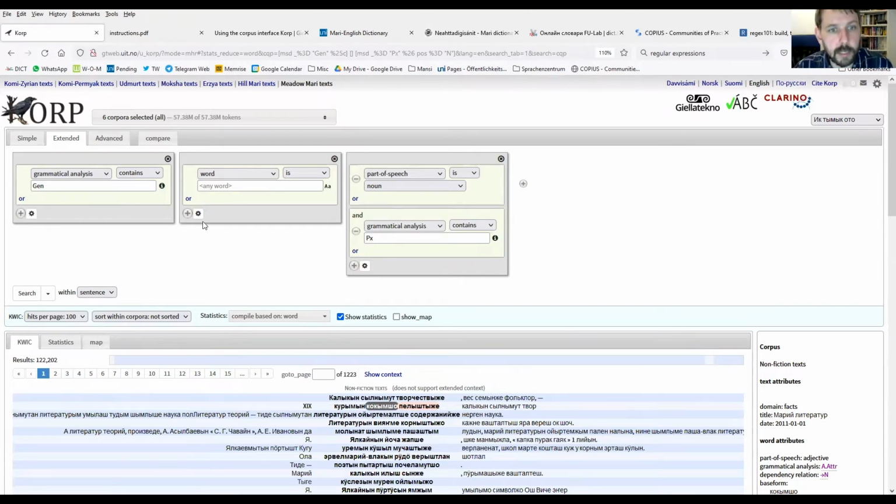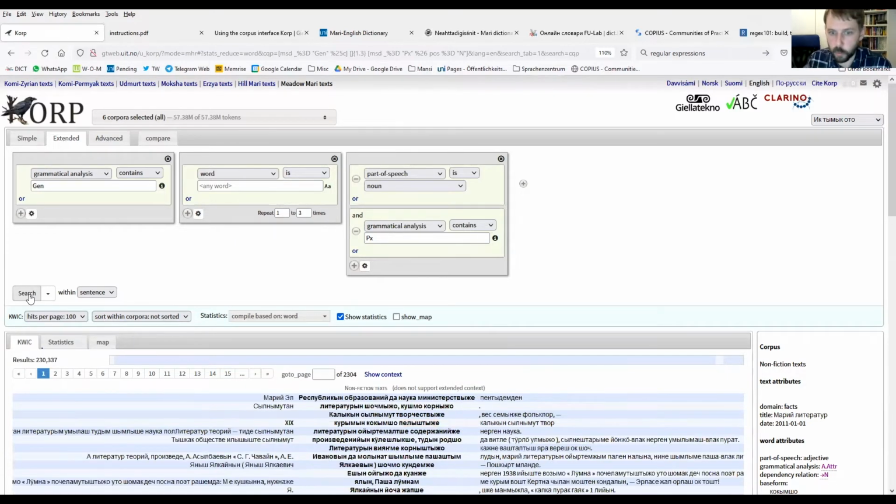Well, for that, we have this little gear here. If you click on the gear, you can choose repetitions. And repetition means that the pattern that you have here is looking for X to Y iterations of this. So I could say 1, 2, 3 times. And then it's going to find me all examples where you have 1, 2, or 3 words between the